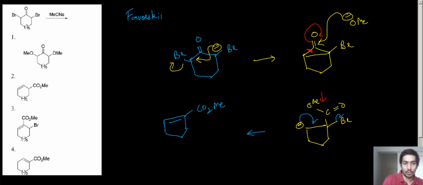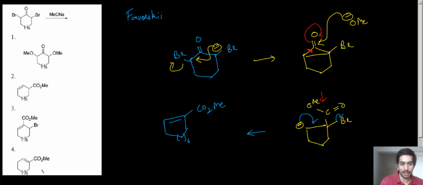Now if you look at the options over here, it was given that there were 6 carbons in between, right? There were 6 carbons in between. Now if you look at the options, there is no 5-membered ring, okay. So what they have done is, they have used a small trick in the equation. There were 6 carbons in between. What they have done is, see over here, look at this option.